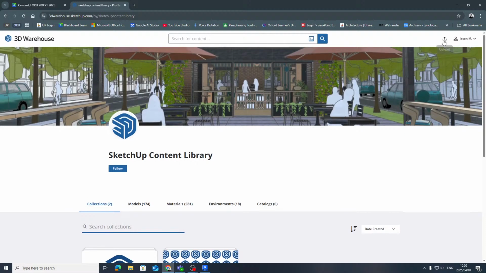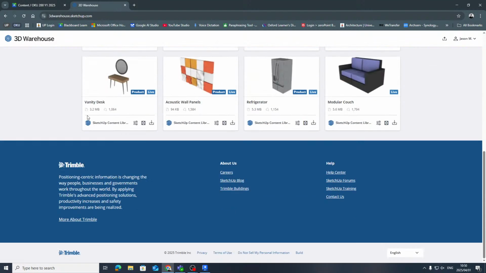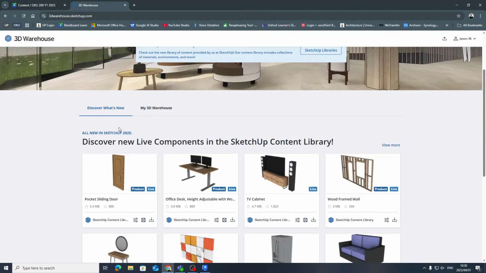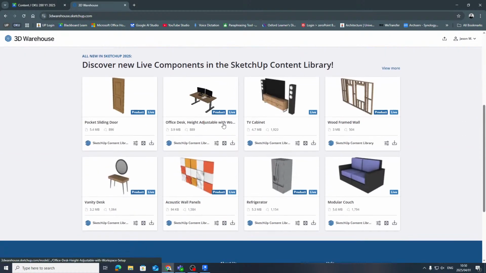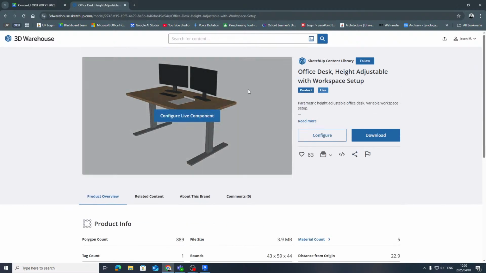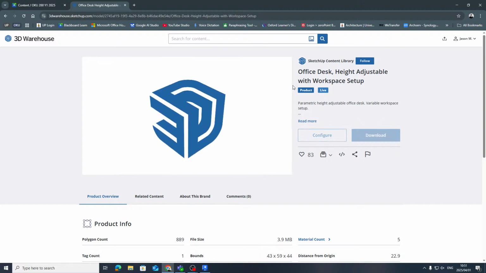Let me just go back home. 3D Warehouse, let me just go back to the beginning. I'll explain why. There's a lot of companies that make furniture and they're building big furniture libraries in Revit. So for example, this office desk in Revit, if I needed to model this in Revit, it's a lot of work because Revit's not designed to model these finicky little things. Revit's designed to model buildings. But unfortunately, when we design, we use a lot of this information in our models. I just want to show you what it looks like in 3D, for example.